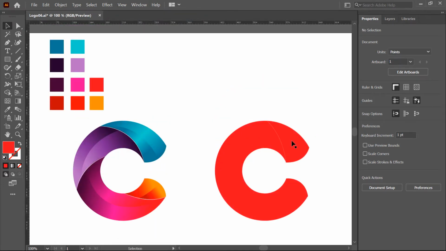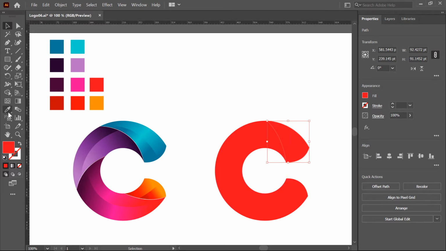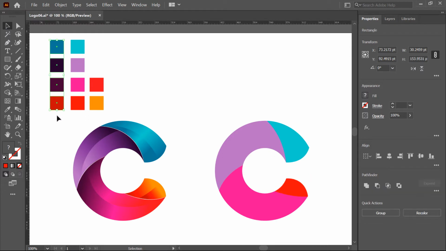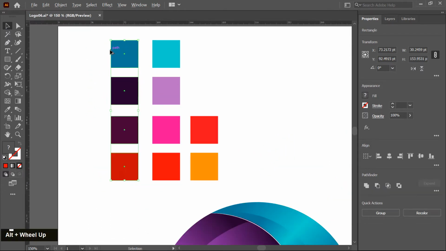Now I select these shapes and fill with a dummy color. So I choose the eyedropper tool and fill a color here. By pressing the Ctrl key, you can switch to the selection tool on a temporary basis and select the second shape and fill with the next color. Ctrl key, select this shape, fill the second color, and same as this. Okay, so the dummy color is filled now. Now I select these color swatches and make a copy and create the gradient first.